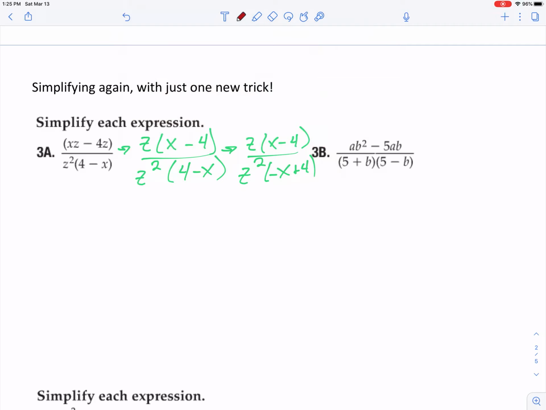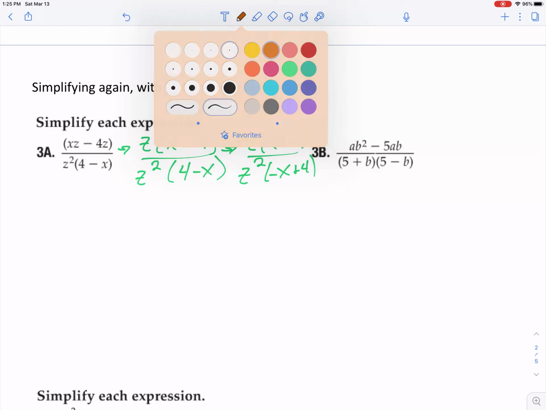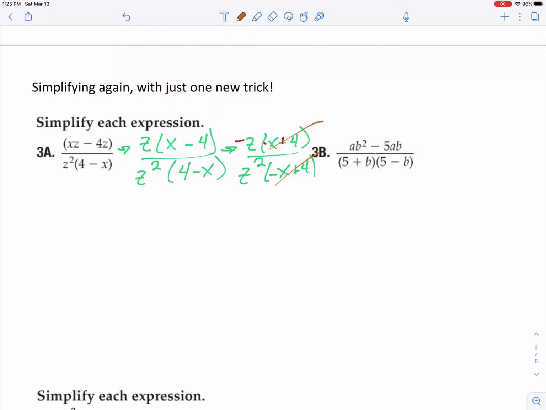I'll try and get that written in there, then that would have meant I'd have a negative x and a positive 4, and now I have negative x plus 4 on both the top and the bottom, which will allow that to cancel. Okay, and then I also go, oh, hold on a second, I have a z on top